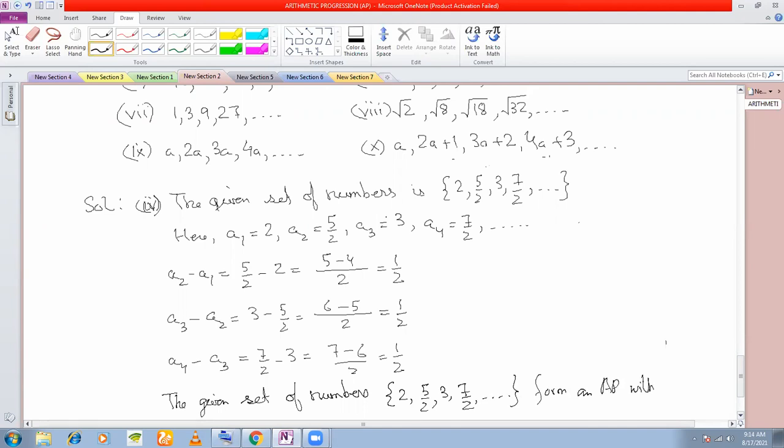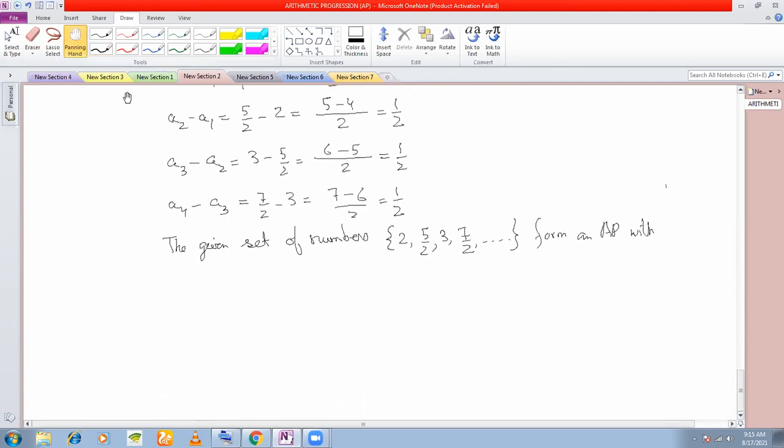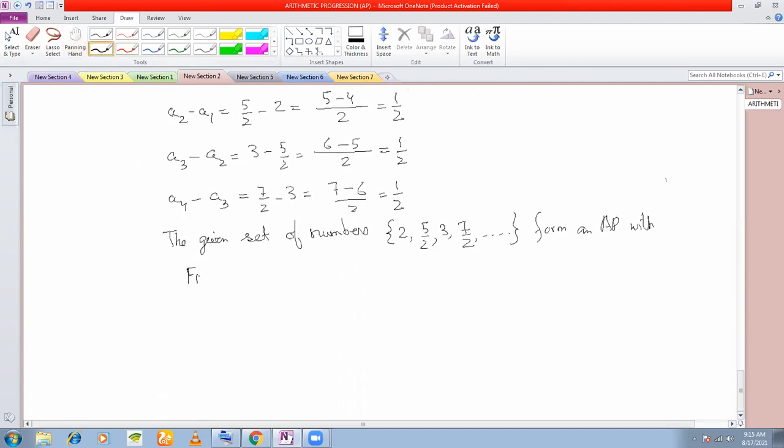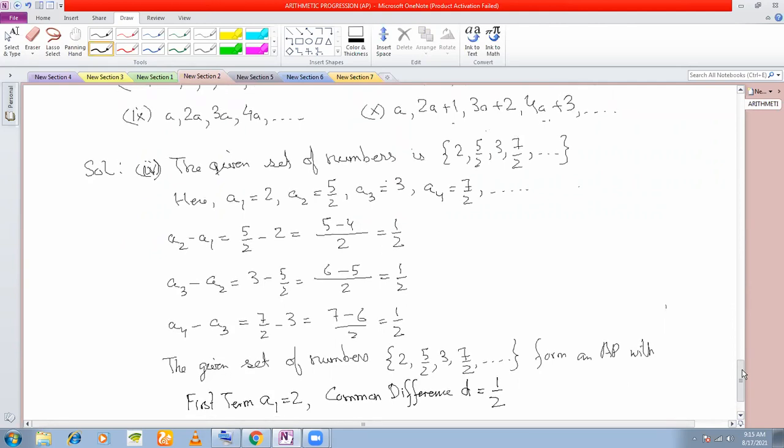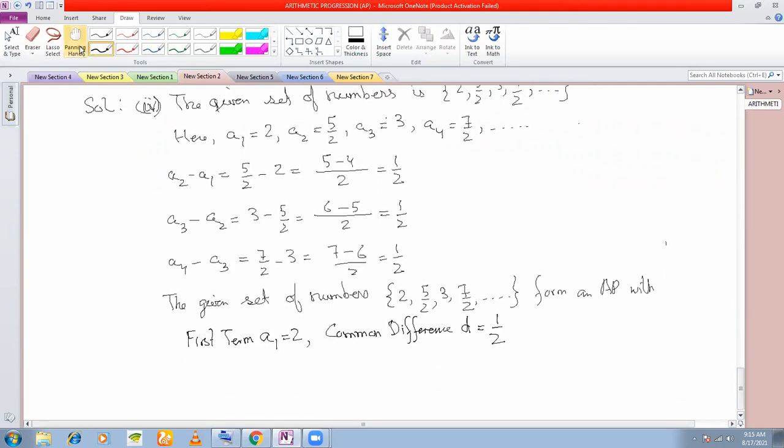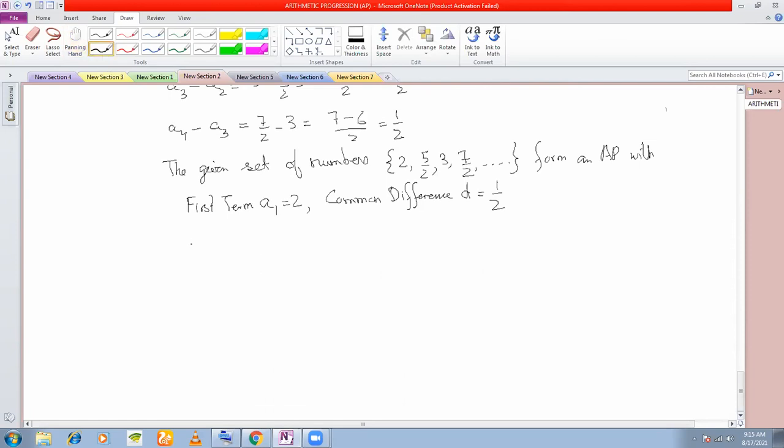with, what is the first term here? 2. And common difference? D is equal to half. Fine. So now once you know the first term and the common difference, the first four terms are already given to you. 2, 5 by 2, 3, and 7 by 2. You can find out the next three terms. What is the next term? The fifth term, A5,